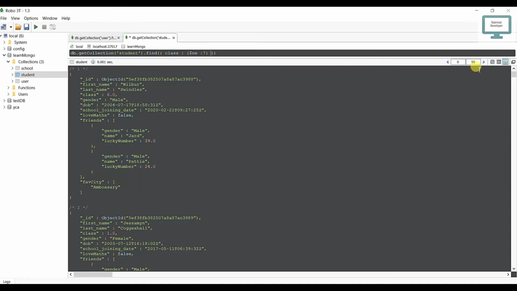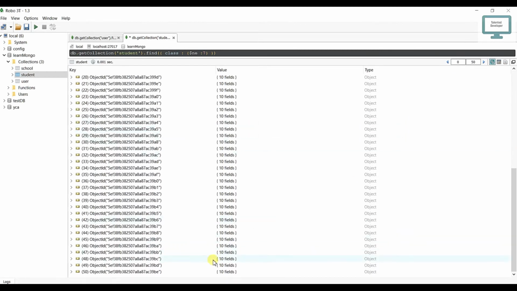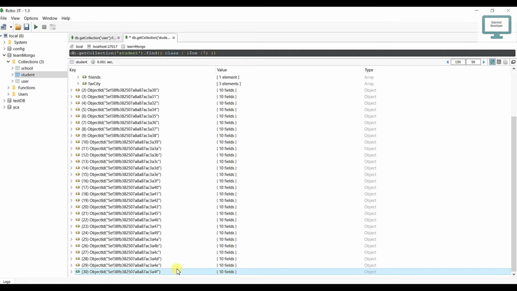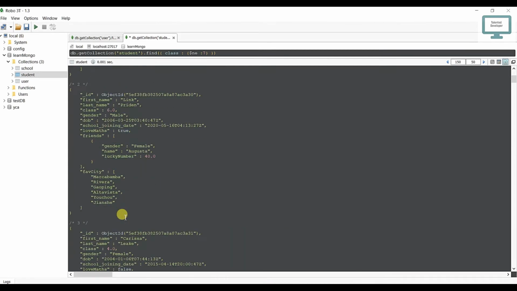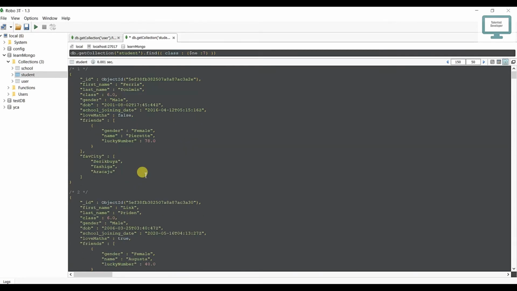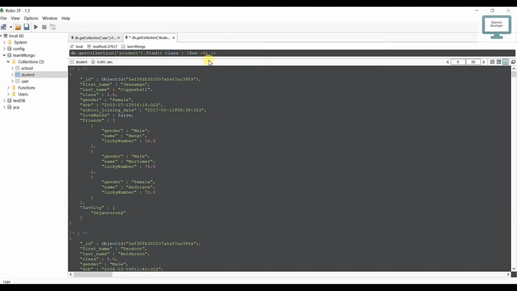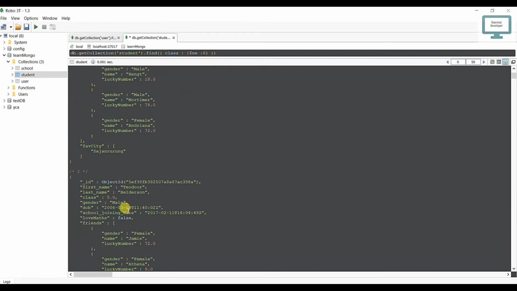Once you run, you can notice 50 users, again 50, again 50 and 30, that means 180. Let me open it. See here, class 6, class 6, class 4. You can see that we will not get class 7 here. Suppose I change it to 6, what will happen? We will get all the users except class 6. You can see class 1, class 5. So now you understand how we can use $ne.